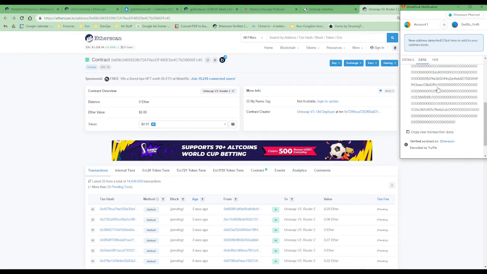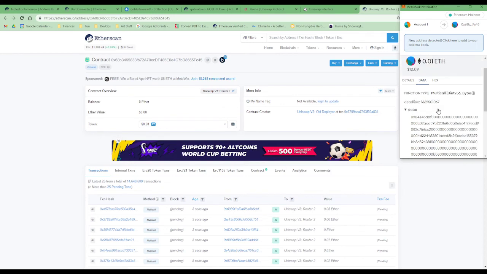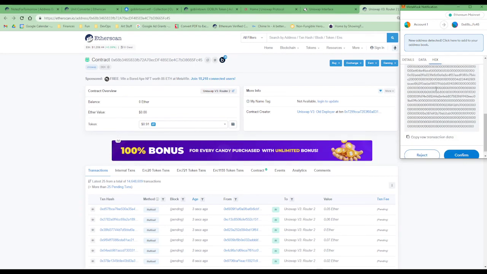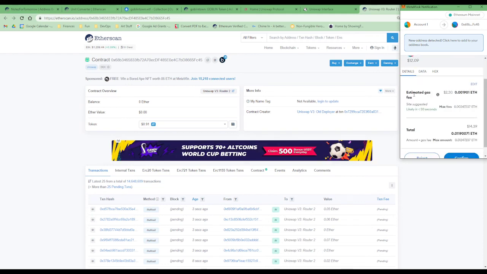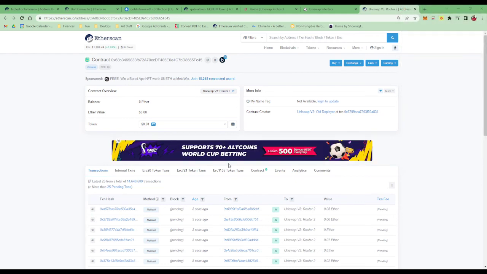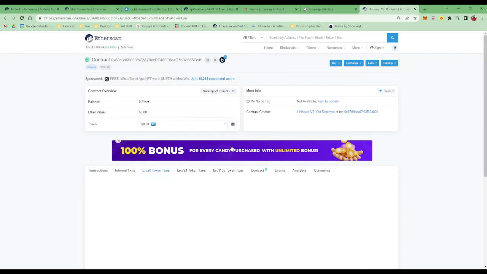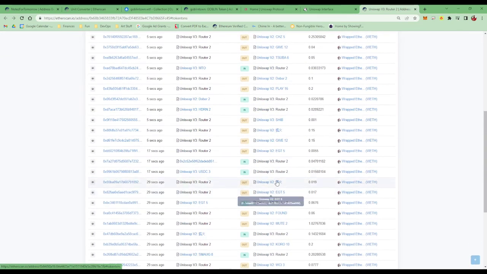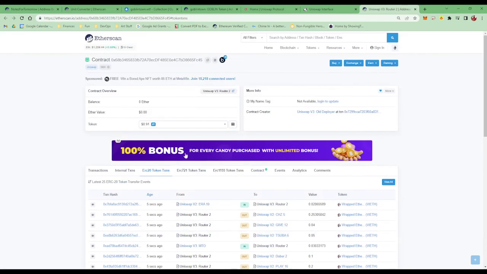I think my wallet address. Yeah, it doesn't have the token I want. Let me see if I can find it. Probably not. But anyway,